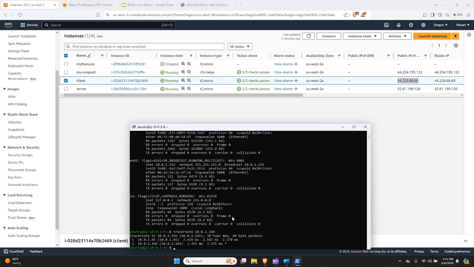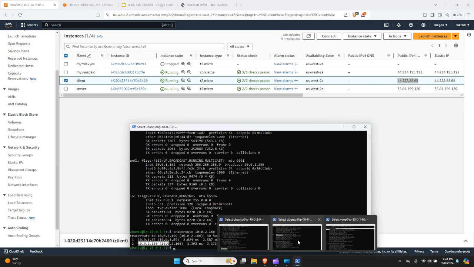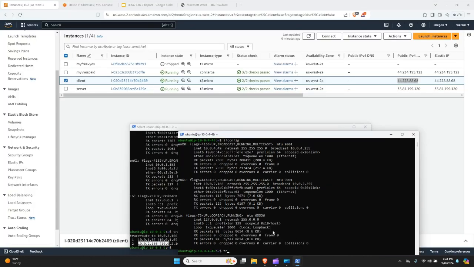The IP address of the client. You can see that it goes through the router's interface, and then this is the router's interface, and then to the client. Similarly we can do the same thing from client to server, trace route to